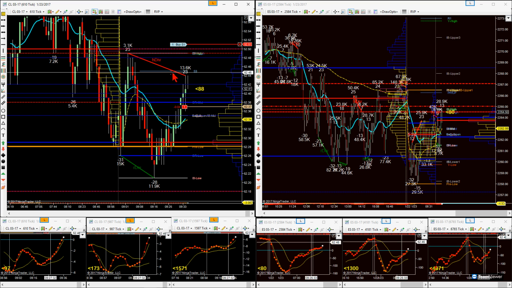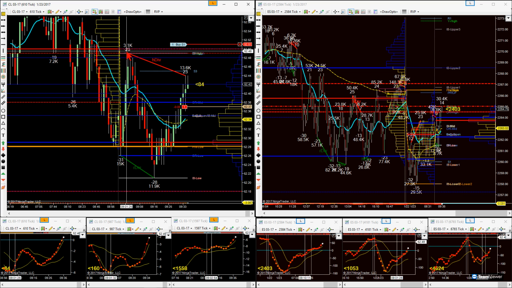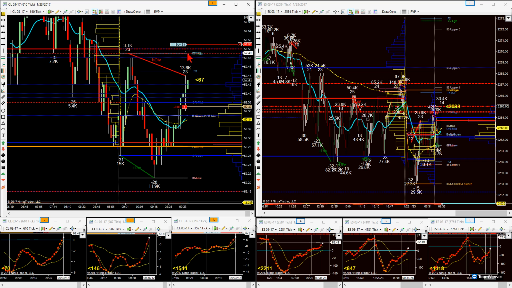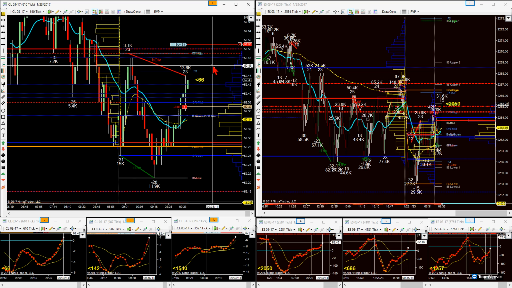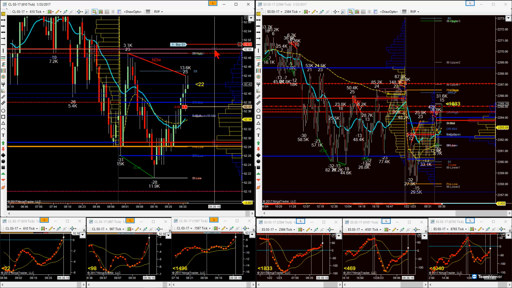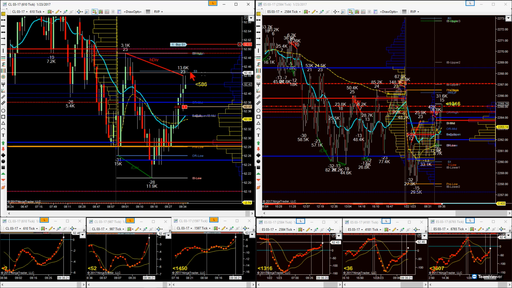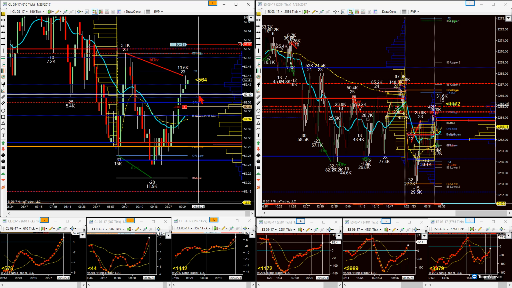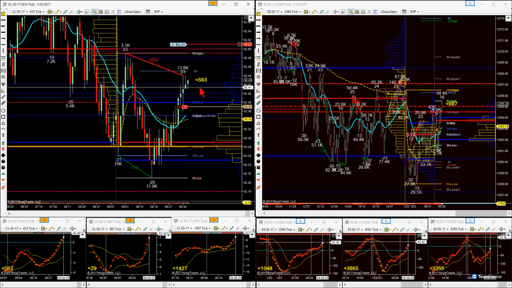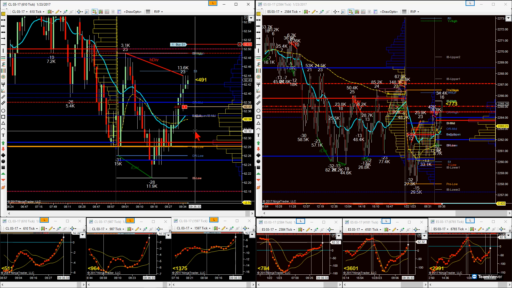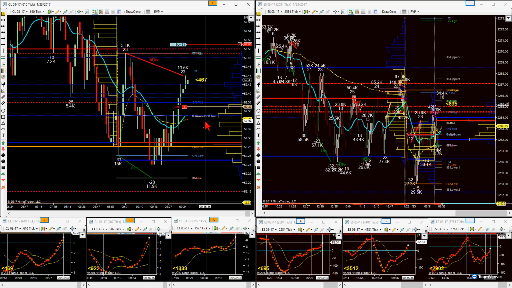We have definitely no divergence if you look where we were on the BBs here versus where we are on the BBs now. As we come up to this overnight VPOC, this 5250, we definitely don't have any negative divergence to try to throw a short in at that level. So we might limit our risk here to one contract, or depending on how these set up, we might look to get into another contract off of a decent candle setup, but